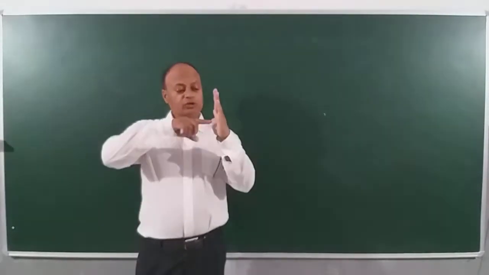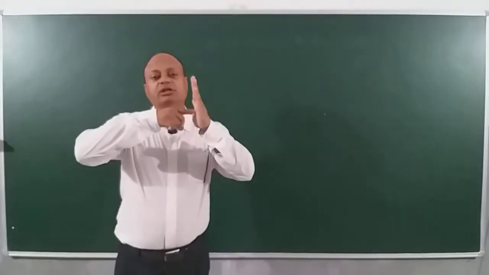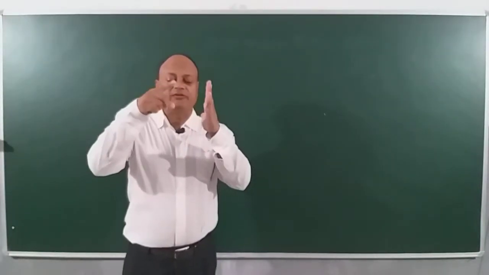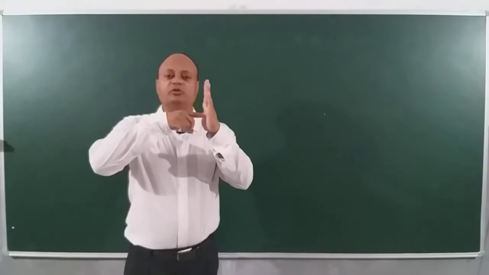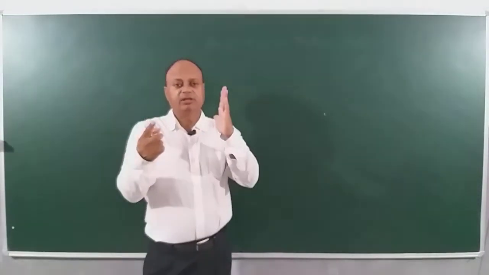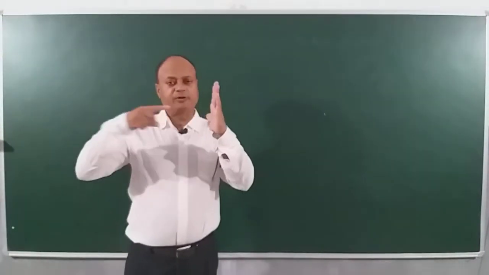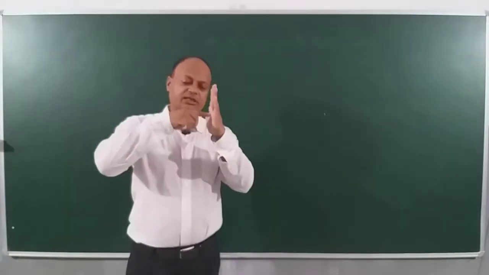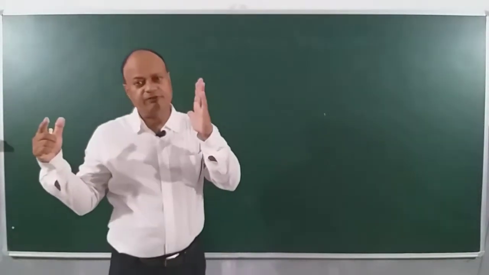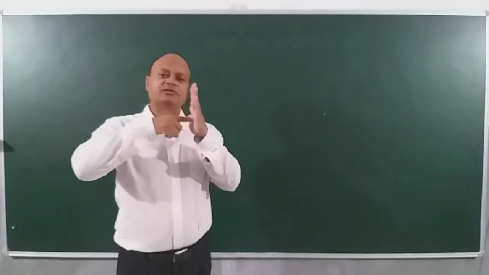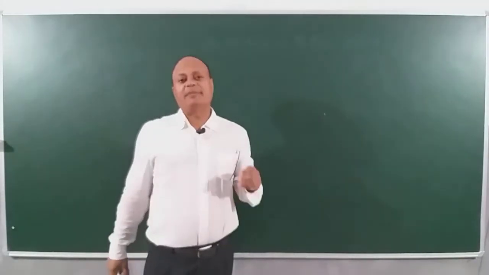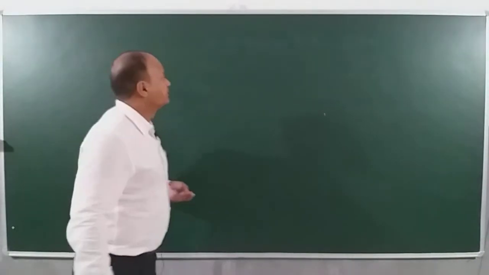Now, the lines must be perpendicular to the surface, which means the lines must be along the area vector. You know, area vector is a vector which is perpendicular to the area, and there are two types of area vectors. One is along the positive normal, the positive area. The other is along the negative normal, which is going inside. If the area vector is coming outside, it is positive, and which is going inside is what? Negative area vector, right? So we will understand what magnetic flux is.